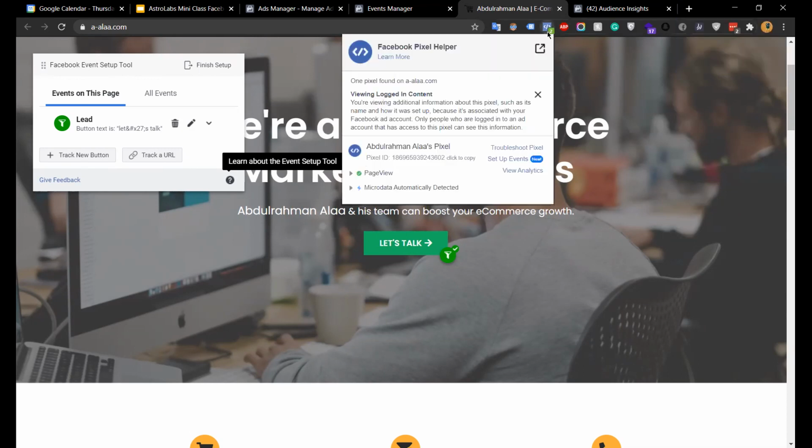When you open the pixel code, you will find specifically that your pixel is readable by Facebook, and there are no issues in that. Then you can target multiple campaigns with multiple landing pages, and the pixel will collect the data from all of those landing pages. You got it? Yeah, sounds good.